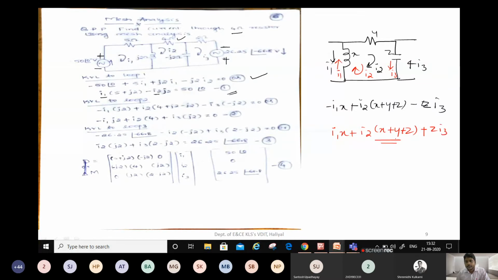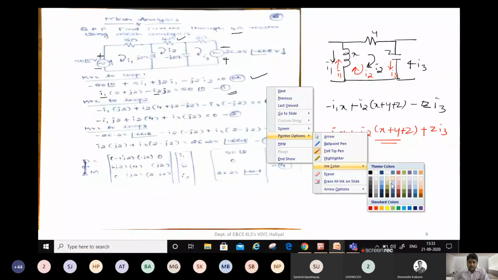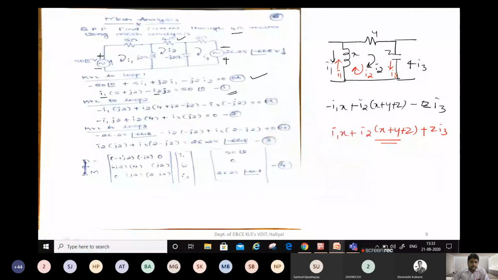This is for the red color, this is for the black color current directions. So you can take this for reference. Always start from the simple problem. Don't go to the complex problem directly. According to this convention, we get these equations, equation